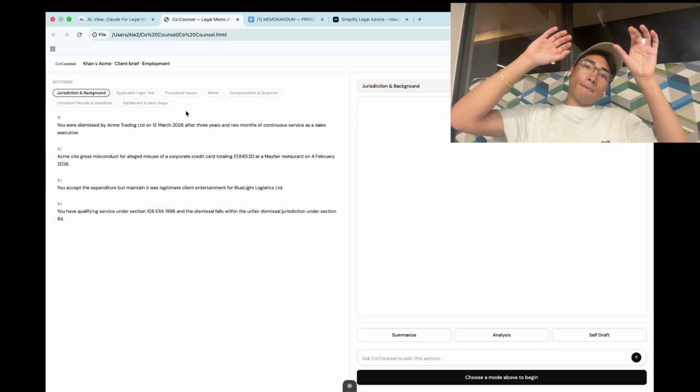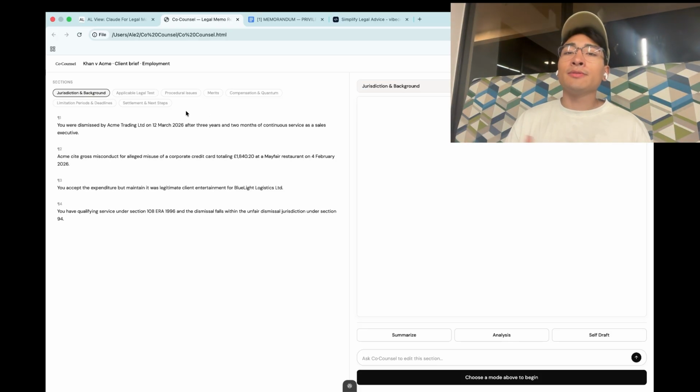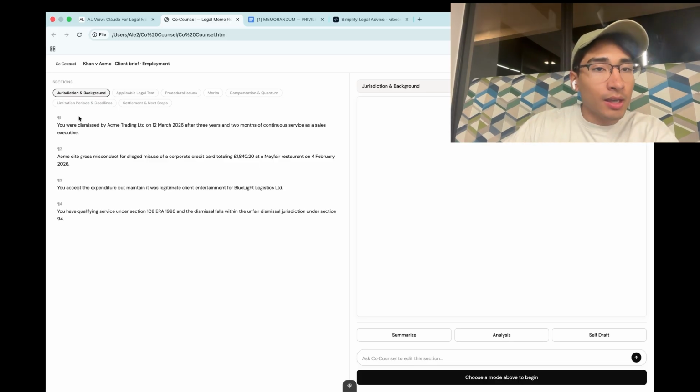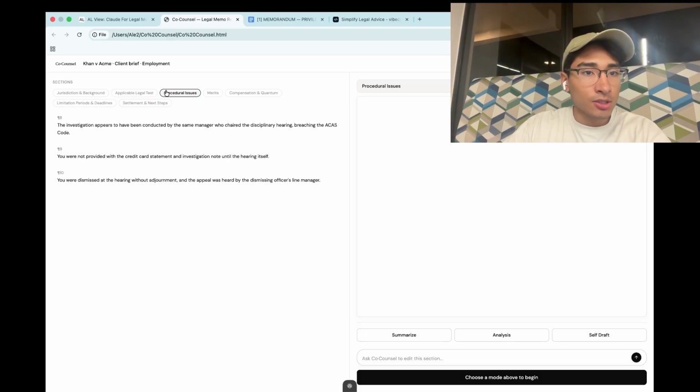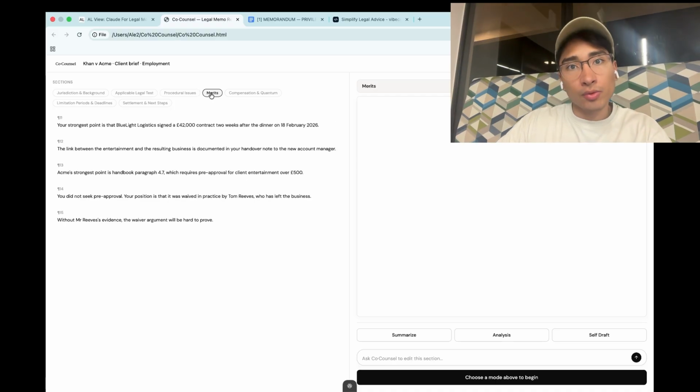As you see, just as if you were reading a piece of paper, it's going down the paragraphs and breaking down each section. It's not showing paragraph 8 and then paragraph 1 in the same procedural issues. Just like you're reading, it's reading with you.